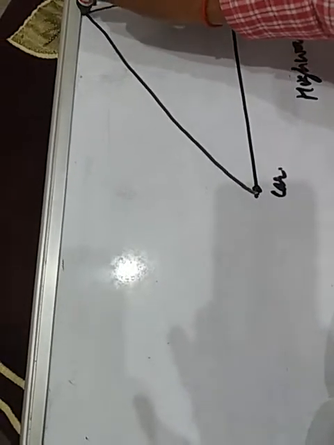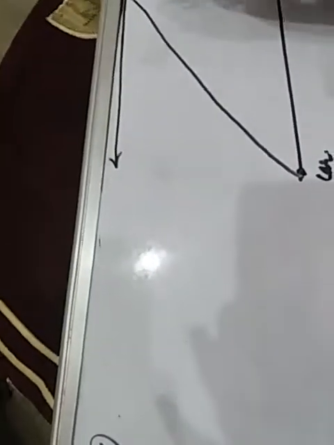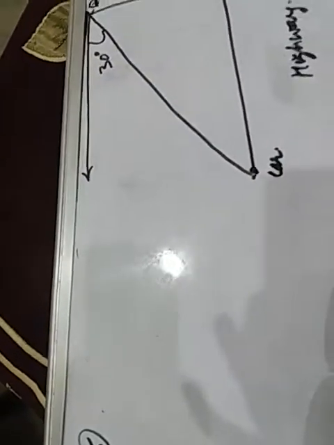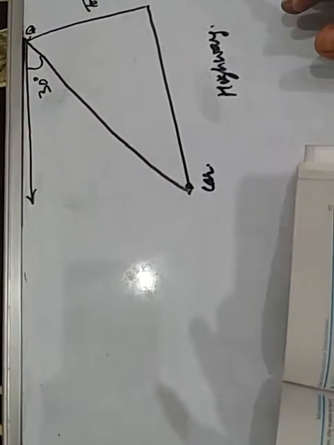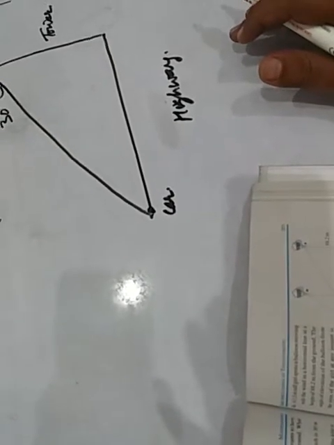Then since he is observing from the top of the tower, there will be a horizontal line over here. Clear, children? Horizontal line will go over there. Write down, children. And angle of depression will be 30 degree, and the car is approaching the foot of the tower with a uniform speed. Okay, children? 6 seconds later, the angle of depression of the car is found to be 60 degree.